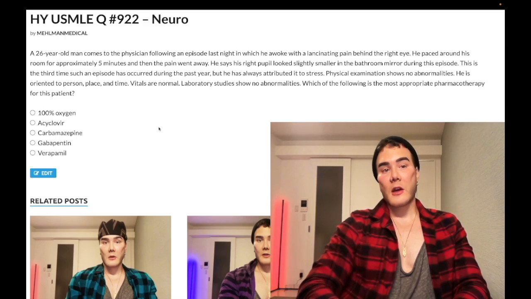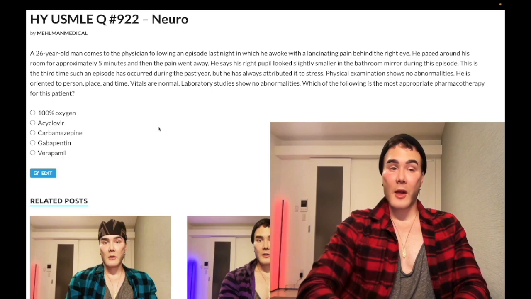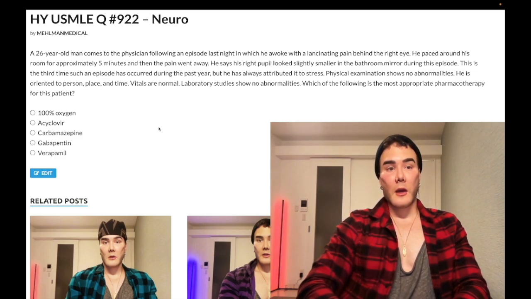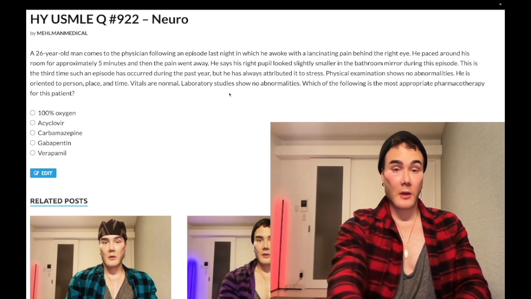There can be ipsilateral lacrimation, sometimes even rhinorrhea. The etiology, the cause of the pain, is uncertain in the literature, thought to be due to hypothalamic regulation because it tends to occur hypnagogically, while patients are going to bed or awoken during sleep in the middle of the night, and also changes in blood flow in the brain during that moment. So this patient has come in and is not currently experiencing an acute episode, but we're asking what we can do pharmacologically. Let's just whip through the answers.